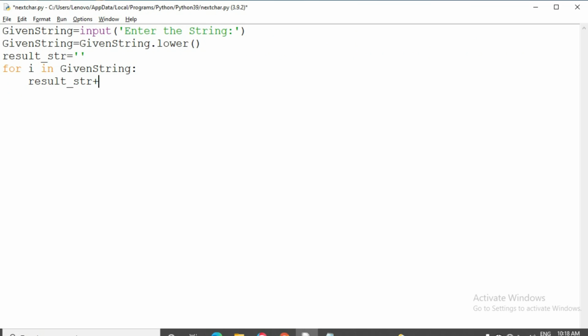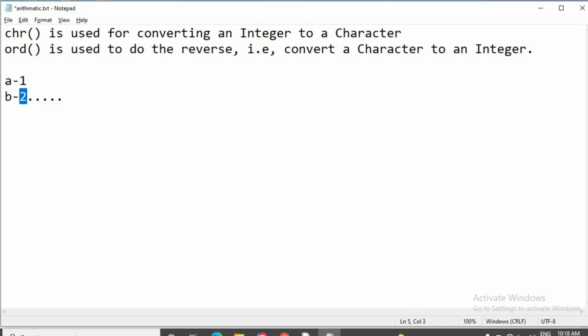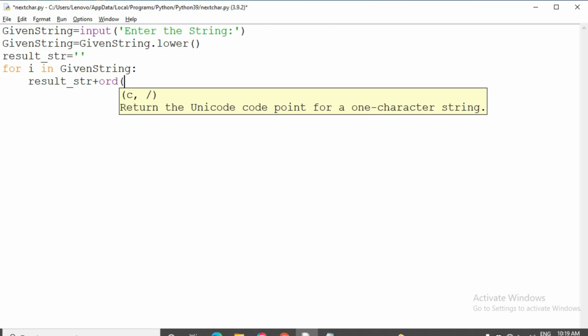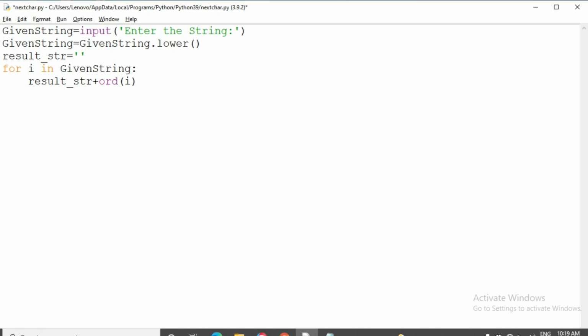Then first, the user has given the string in character format only. So first, which function do we use? The ord function, because it converts the character into an integer. After converting to the integer, we can find the next integer value of the character. That's why first we have used the ord function, ord of i.